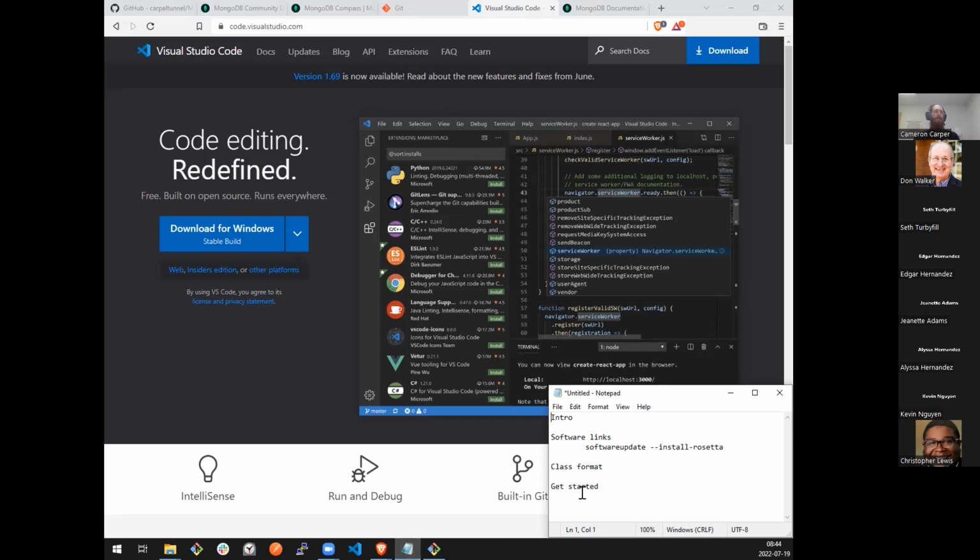One note, I always keep a little notepad here of things that I need to be 100% sure I do not forget. If you're running on a Mac with the new M1 chip, MongoDB will throw an error when you try to start it originally, unless you've already installed the Rosetta translation layer. So if you haven't done that, or if you try to start MongoDB when we get to that section, and it gives you an error, something about potentially the wrong file format or the wrong architecture, simply running softwareupdate --install-rosetta, potentially with sudo, I forget, should install the Rosetta translation layer, and then it should just work after that. So, a minor little gotcha if you're on a newer Mac.